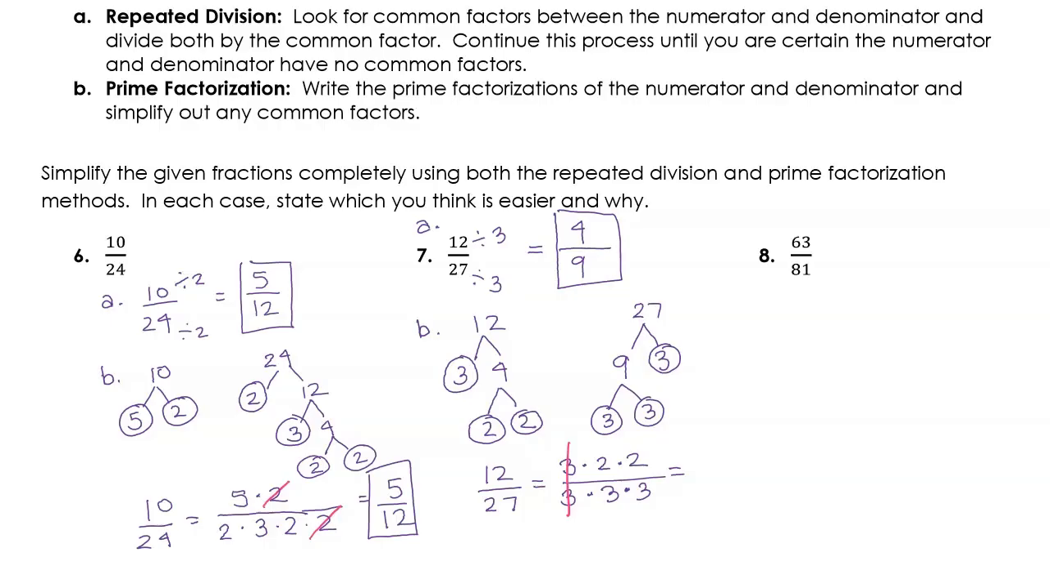And we just need to figure out the product of the numerator, which is going to be 4, and the product of the denominator, which is going to be 9. So we get the same answer, just 2 ways to get there. Now let's do